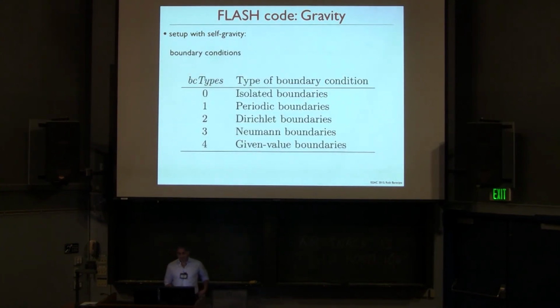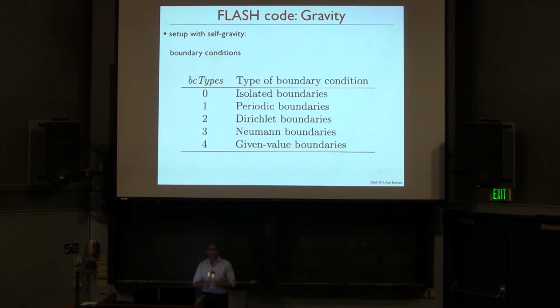So in principle, you know that the Poisson equation is a boundary problem and you have to specify certain boundaries, and these are the boundaries which are supported essentially by the Poisson solvers, by these different methods. Not all of them support all of these boundaries which are listed here, namely isolated